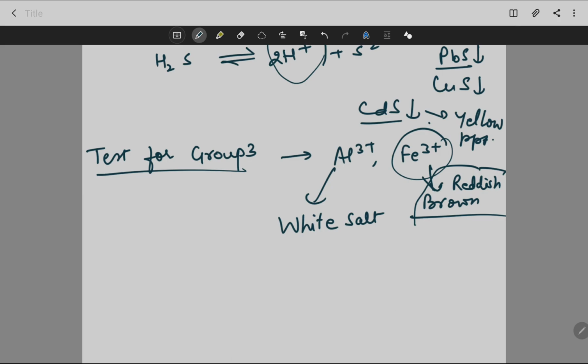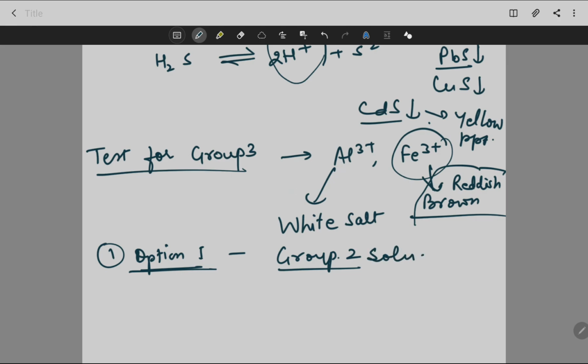Now, in this case, how do we perform the test? First of all, there are two options. We can proceed with group 2 solution itself. First option is that you are taking group 2 solution. What is group 2 solution? That is original solution, H2S and HCl. So if we are proceeding with group 2 solution, then we have to go for the